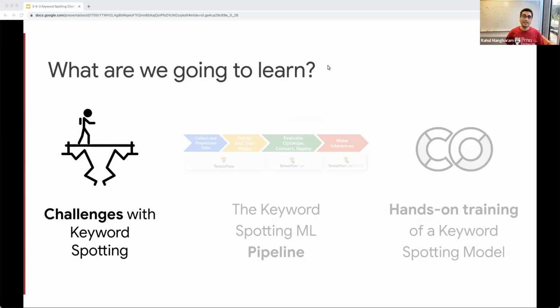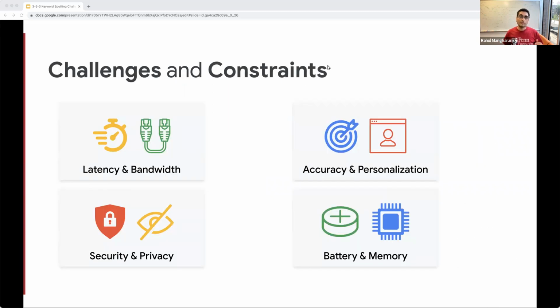We're going to try and understand some of the challenges and constraints that we have around how to deploy keyword spotting effectively. We're going to focus on bandwidth, latency, privacy, security, and various kinds of challenges that we have here. I'm not going to go into every single one of those things in extensive depth. Instead, I'm going to try and get you to think about how you should deploy the notion of keyword spotting